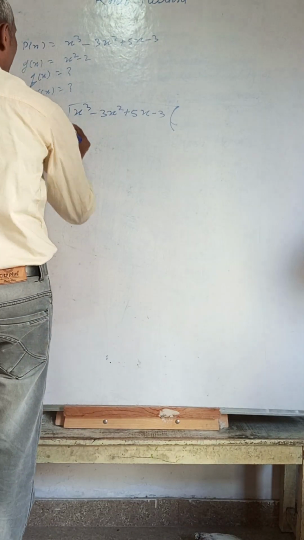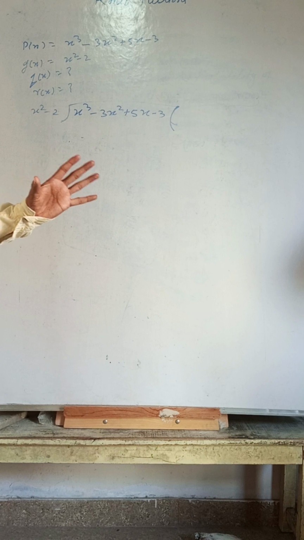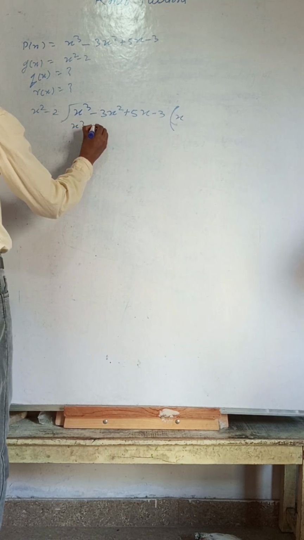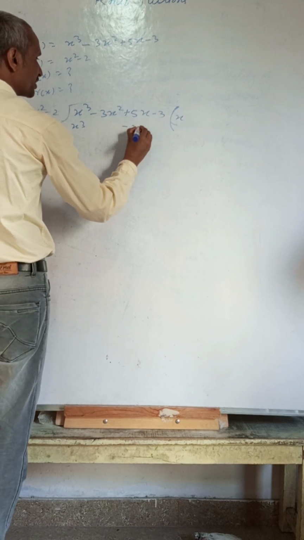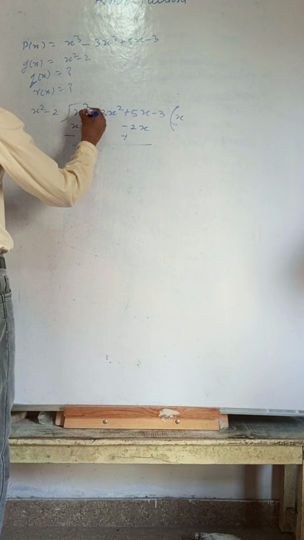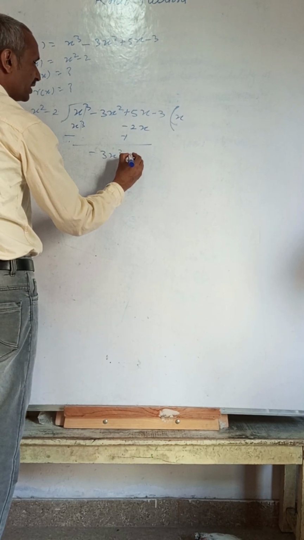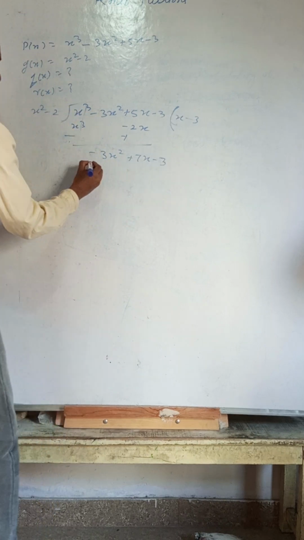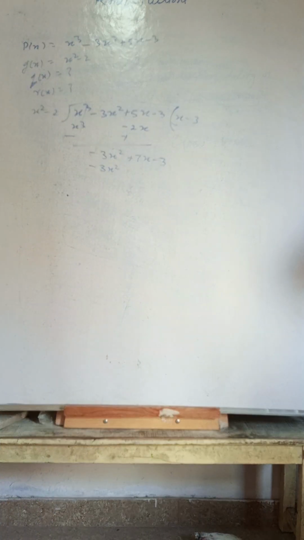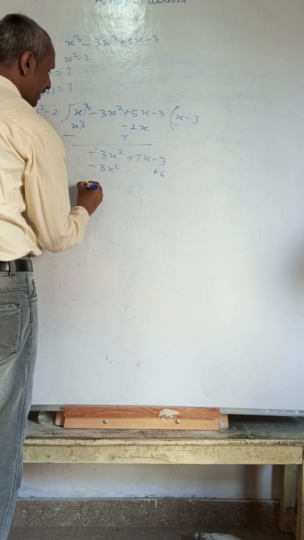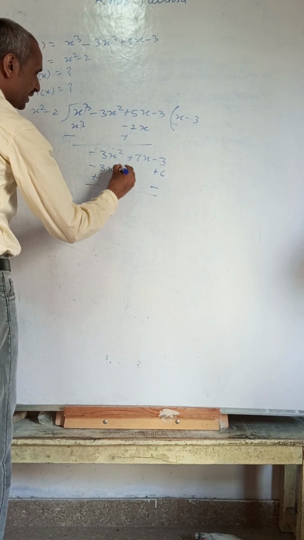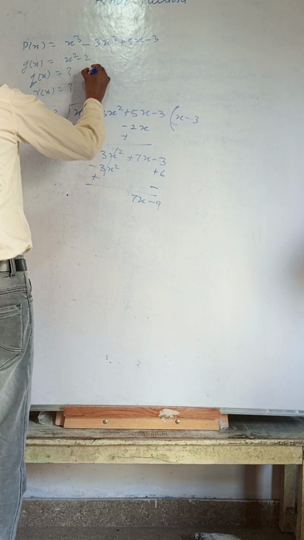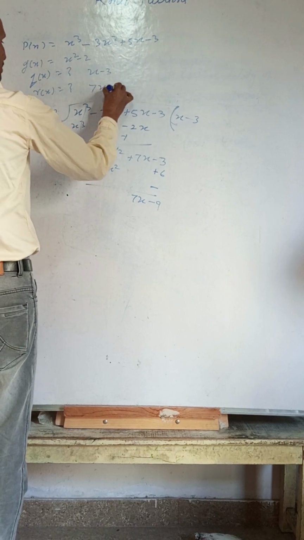The polynomials video has the same question, ditto. So here we divide by x, which gives x³ − 2x. Writing the like terms and changing the sign, we get −3x² + 7x − 3. Again we divide by −3, giving −3x² + 6. Changing the sign again, this cancels, and it becomes 7x − 9. So q(x) = x − 3 and r(x) = 7x − 9.